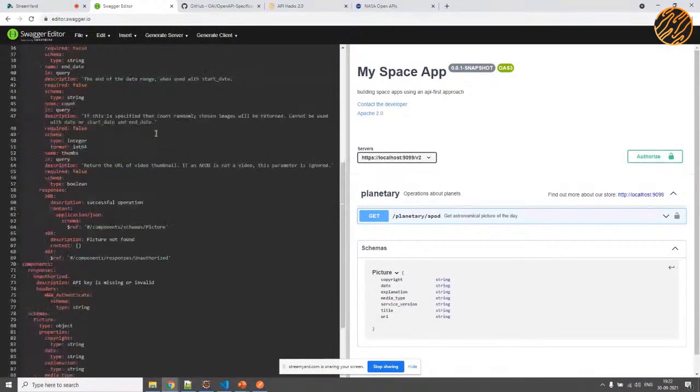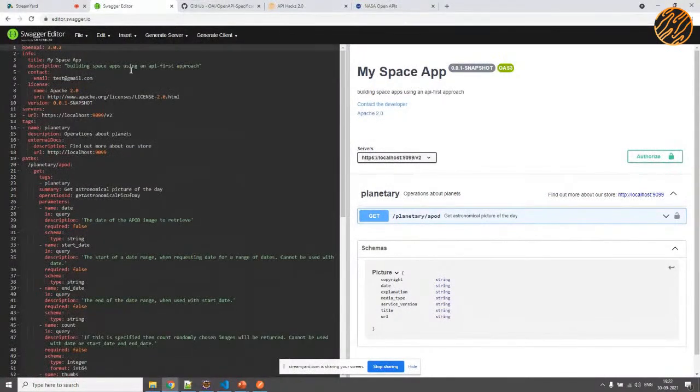So in Swagger, if you try to import this specification, you can actually get this option of generate server and generate client. This is going to generate the stubs for you. However, I would recommend not using this approach, because it would lead to certain compatibility issues.